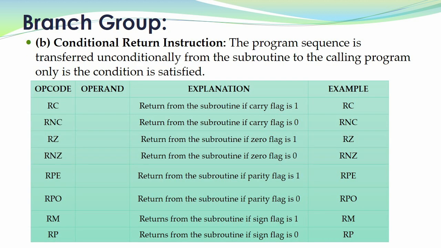The conditional return instruction. In a conditional return instruction, the sequence returns to the main program if the condition is met. Otherwise, the sequence in the subroutine is continued. If the call instruction in the main program is conditional, the return instruction in the subroutine can be conditional or unconditional. The conditional return instructions are